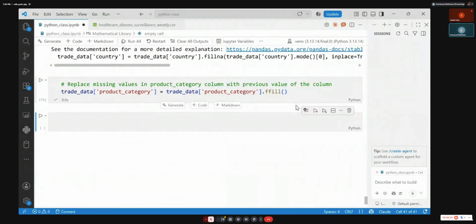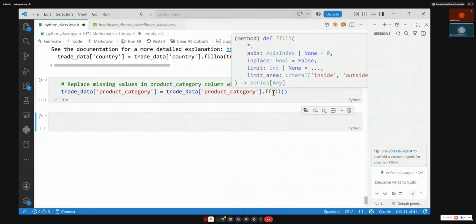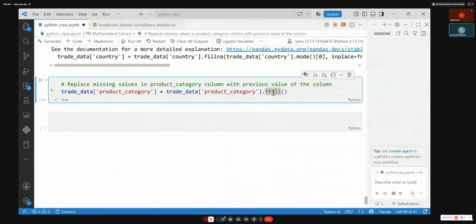You see, now it is working. So now it means any missing value is being replaced with the previous value. Now you can even do bfill, which is a backward fill: missing values filled with the following values.